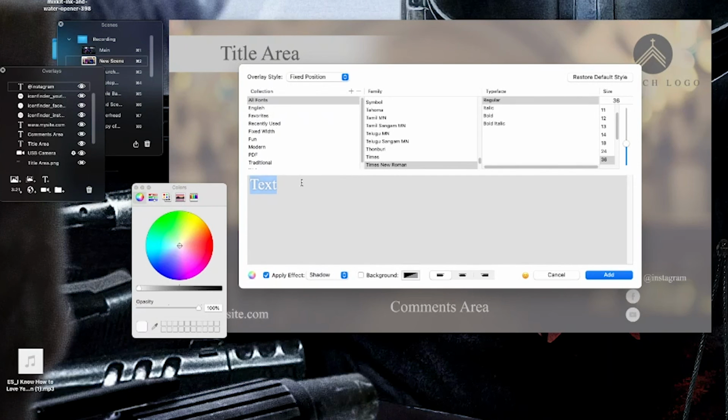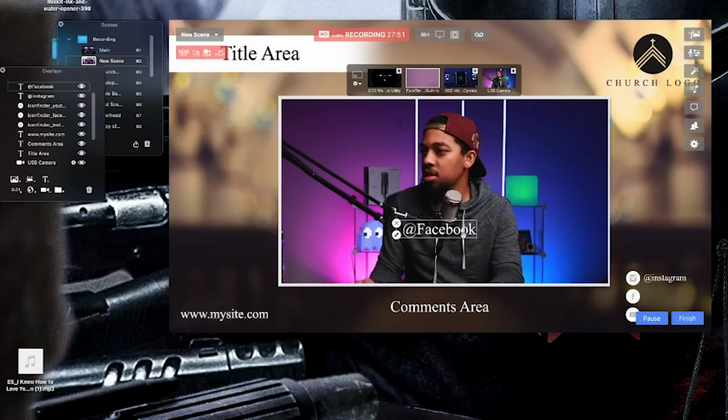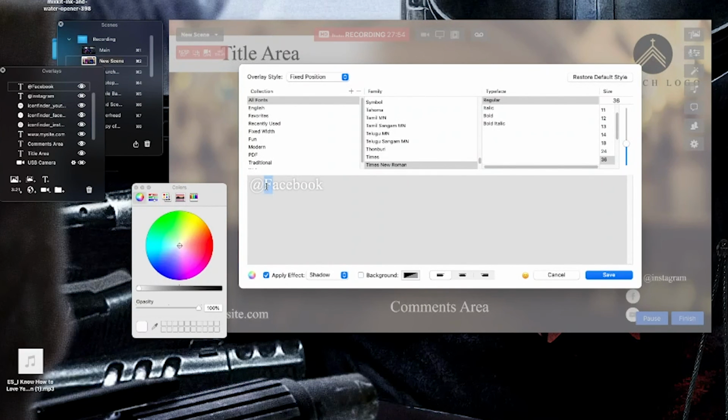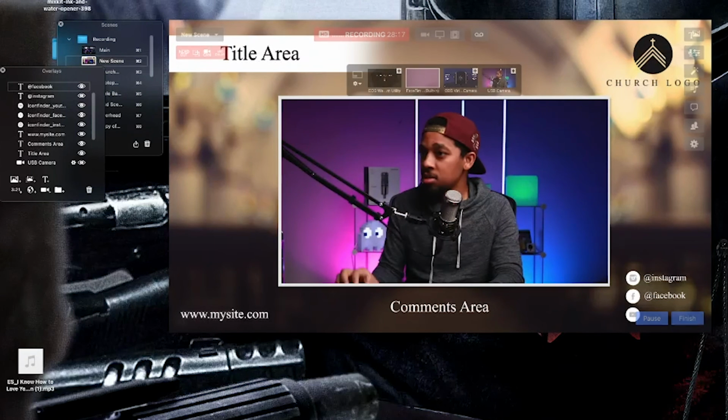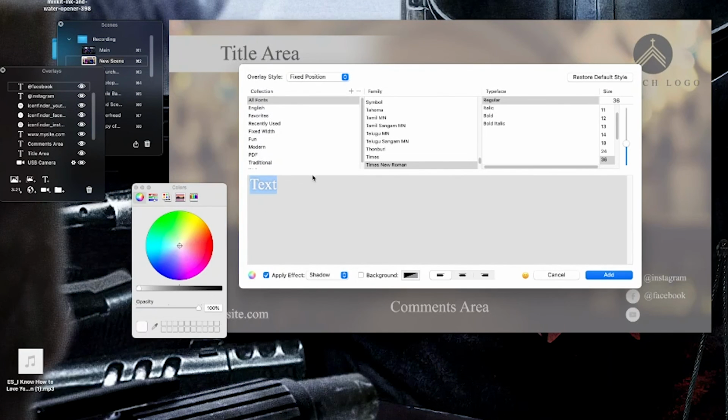And then another time, go in and we'll just say add Facebook. And keep in mind, I'm building the exact template that I made. So for you, you would put whatever you want, or whatever the name of your social network is. So we can bring that down, kind of make everything look the same. Make sure everything is even and spaced properly. Okay, and one more time, I'm going to go in, hit text, and then add